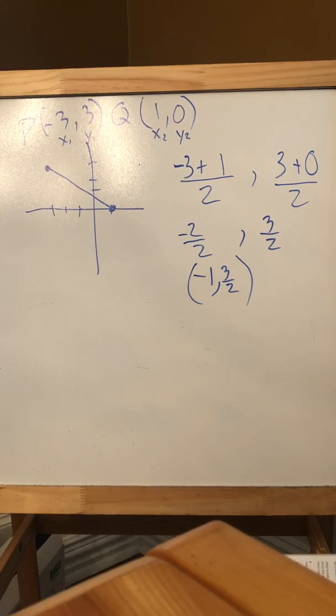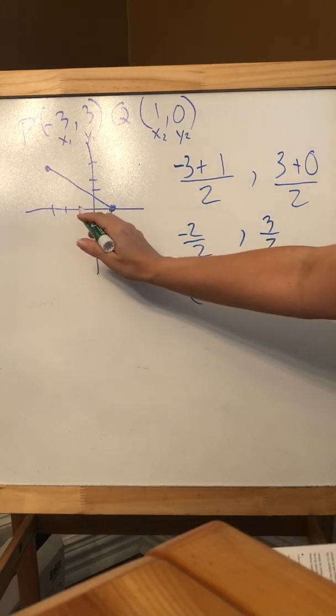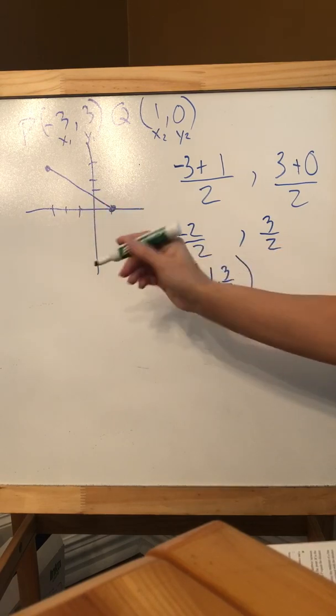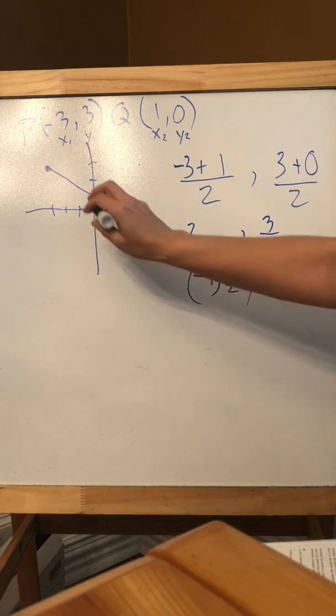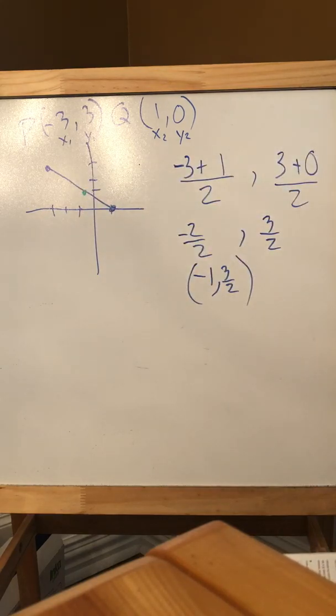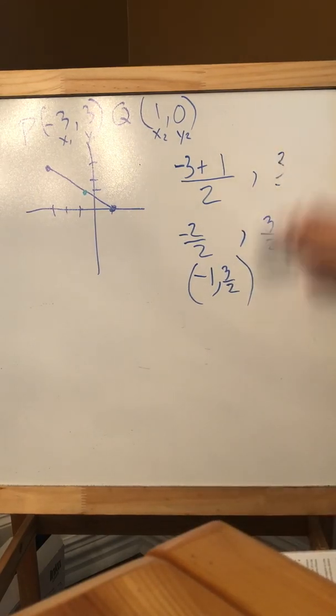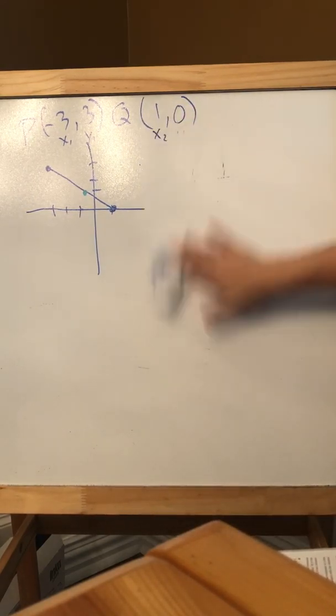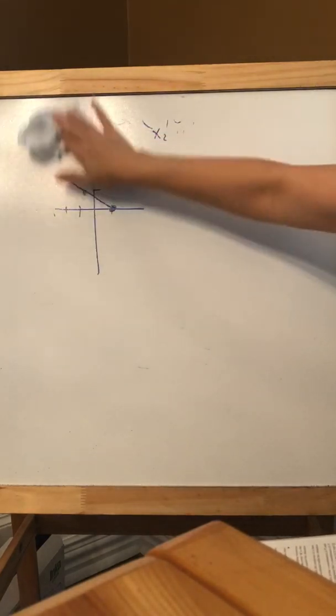So if we were to plot that, we're looking at -1 and 3/2. So I didn't do a very good job of drawing this to scale, but it would be like right here somewhere, right there, okay? All right, so go ahead and try practice 7, please. Okay,